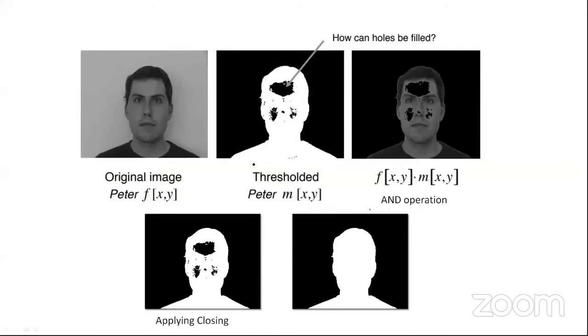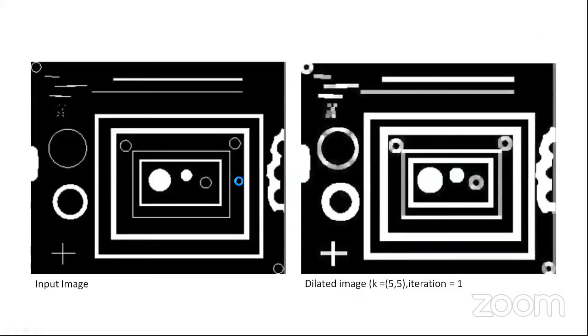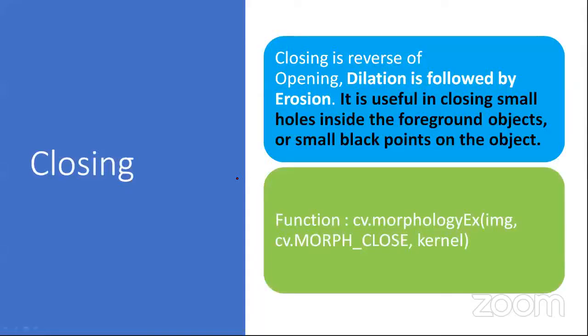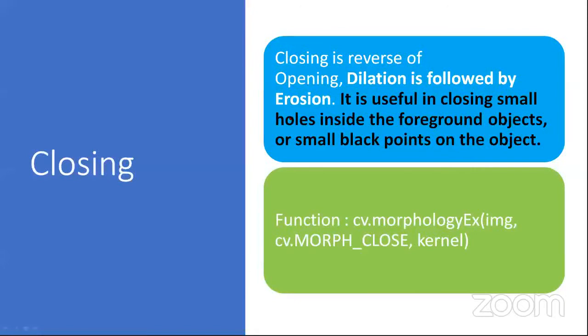So what we will do, first we will apply the dilation, because dilation will reduce the black noise here. But after the dilation, you will see the thickness of this white region also decreases, so you need to increase it. That's why you need to erode it. So we will perform the closing here. Closing is just first we dilate the image, then we erode.